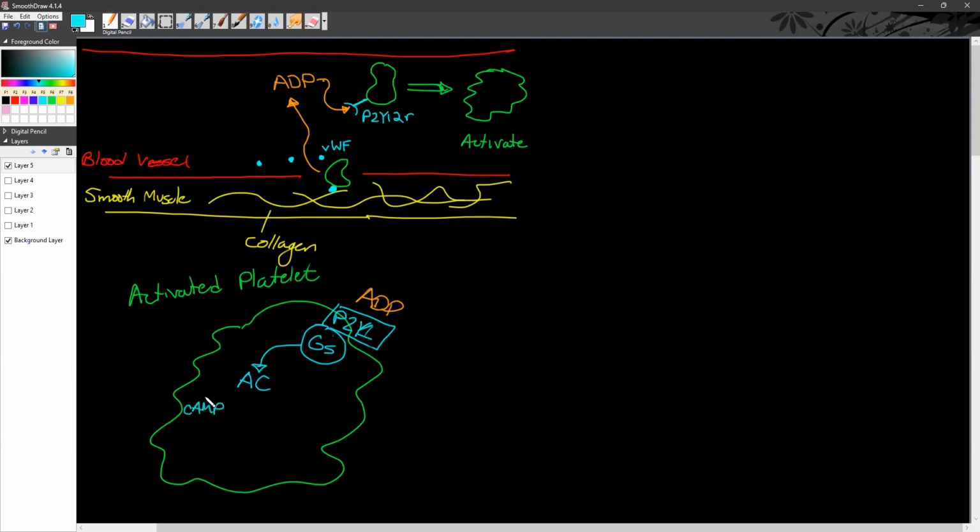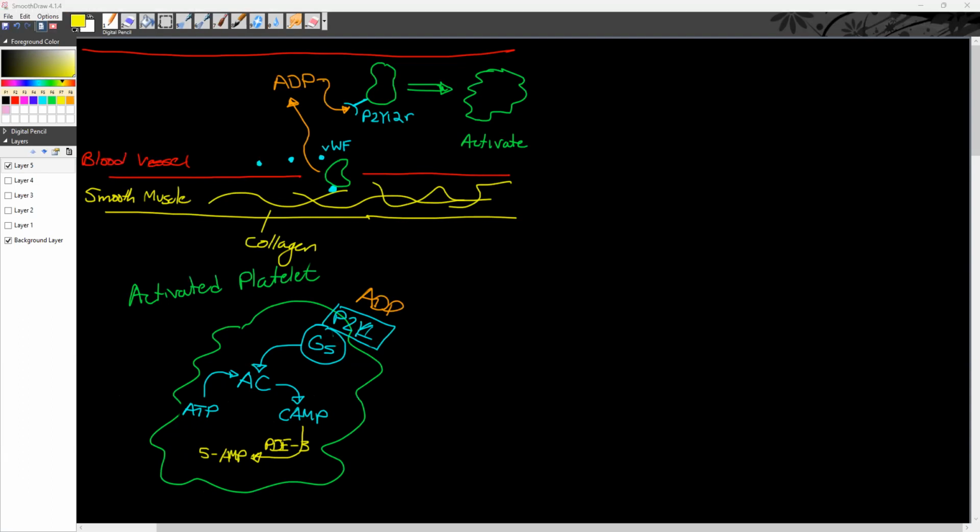What this is going to do, adenylate cyclase, is convert our ATP into cyclic AMP. Hopefully this should be familiar by now. What you guys remember is that PDE is responsible for breaking down cAMP into 5-AMP. So in terms of giving a drug like anagrelide or these other PDE3 inhibitors like dipyridamole or cilostazol, what they're doing is that they're preventing the breakdown of cAMP,